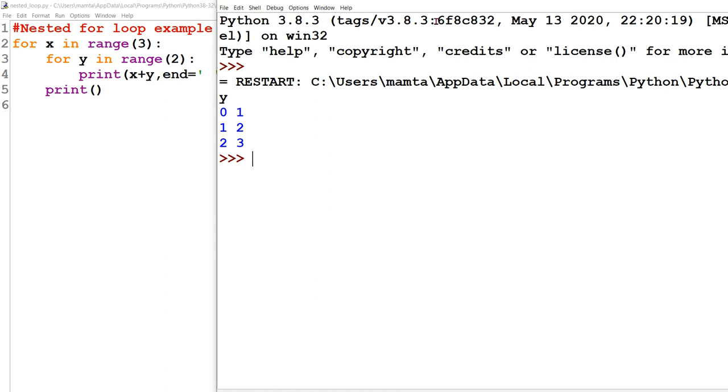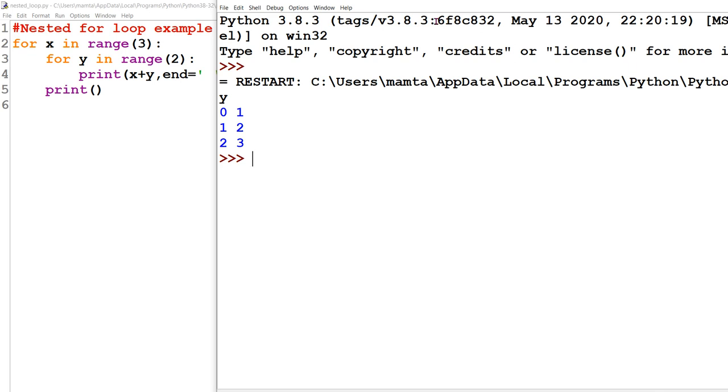First, in a nutshell, first the loop of x, that is the main entrance, then the loop of y, that is the inner entrance. So first the inner rotation will take place completely. Then again we will be coming out of the inner loop to the outer loop. So this process will keep on going till the outer loop completes its rotation.